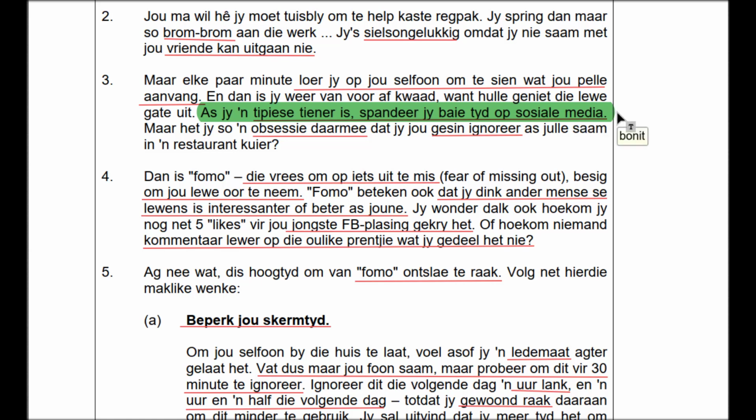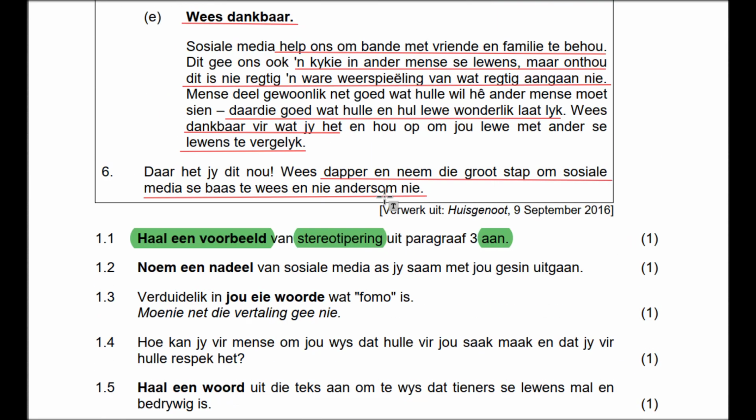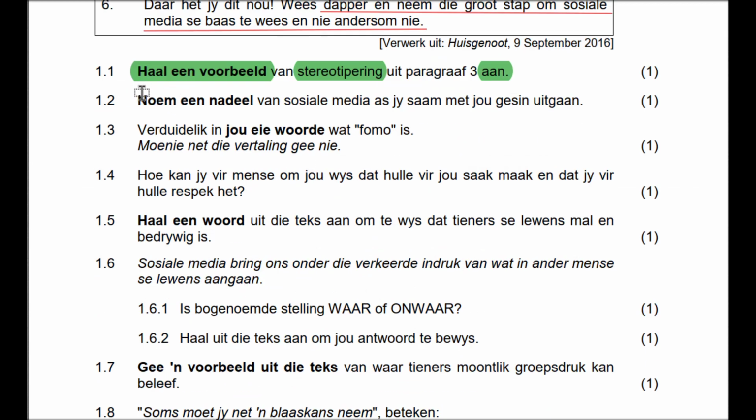So yeah, they have stereotyped teenagers by saying that typically teenagers spend a lot of time on social media. Alright, so ek gaan daai sinnetjie vat en ek gaan dit aanhaal, ek gaan my aanhalingstekens sit en ek gaan die sin skryf. So I'm going to take that sentence, use my quotation marks, write the sentence, and that's going